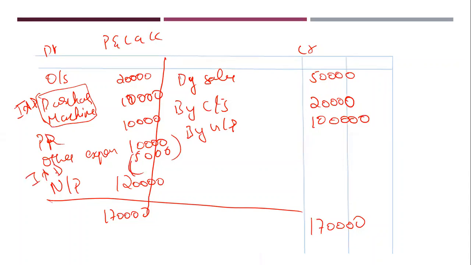So our first step is, in our profit and loss account, we'll be finding out which is admissible and which is inadmissible. As per the format, what is inadmissible? Inadmissible expenses are the expenses which are not allowed as per income tax. So you have to add such kind of expenses back. That is what the statement says.